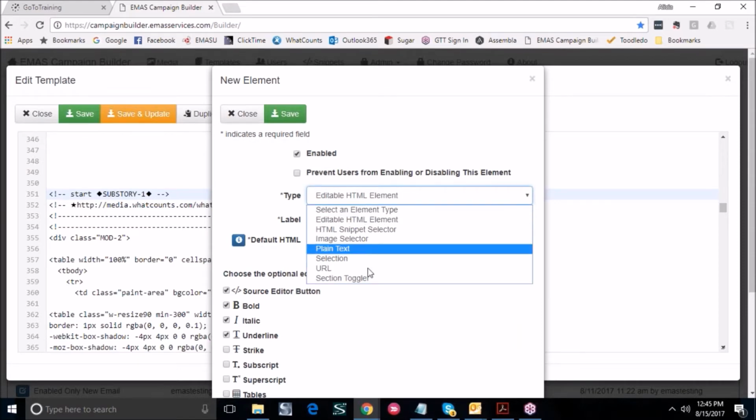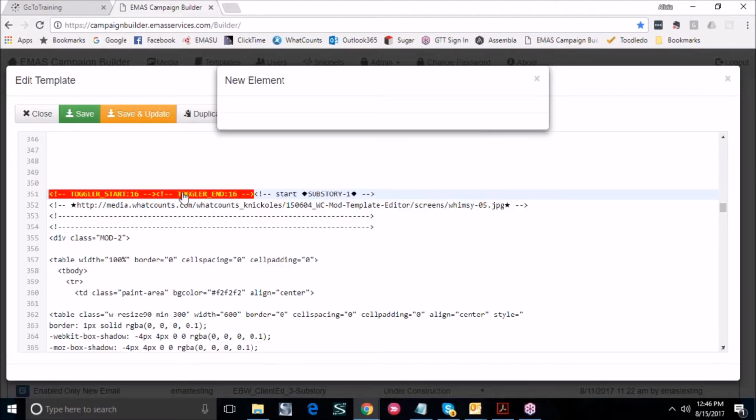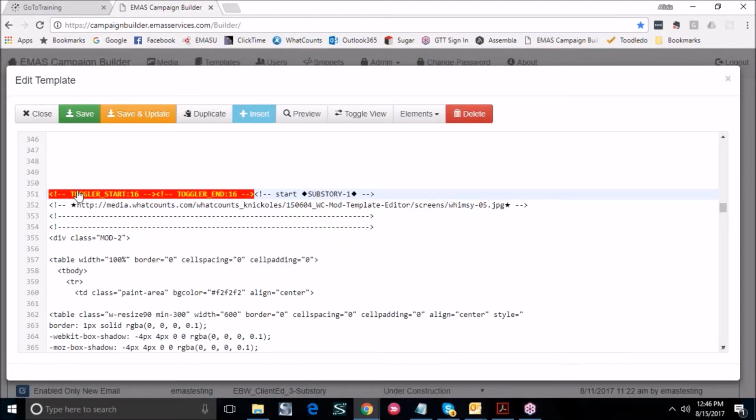So then we're going to select the type section toggler. And there is only one option for section togglers besides these checkboxes at the top, and that is a label. So I'm going to say substory 1 toggle. And we'll save that. And you'll see that what happens when we do that is that you get both the